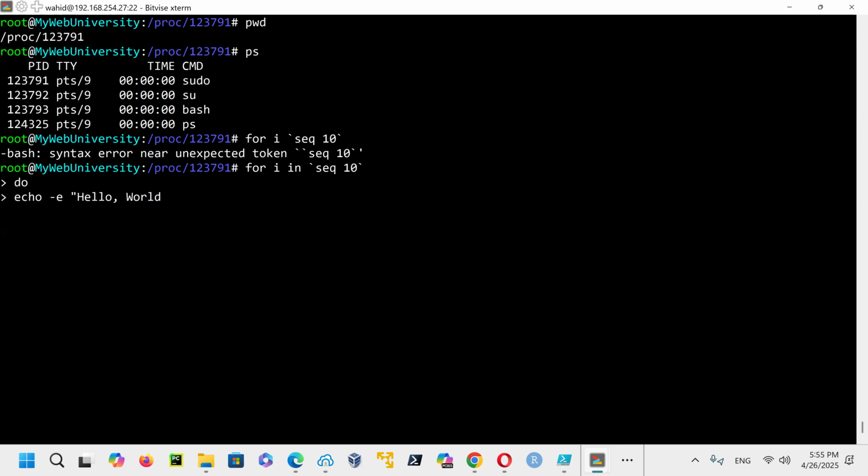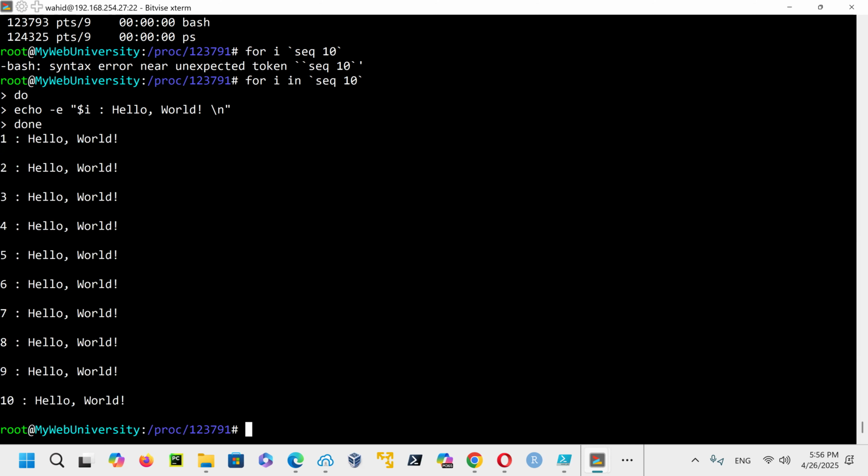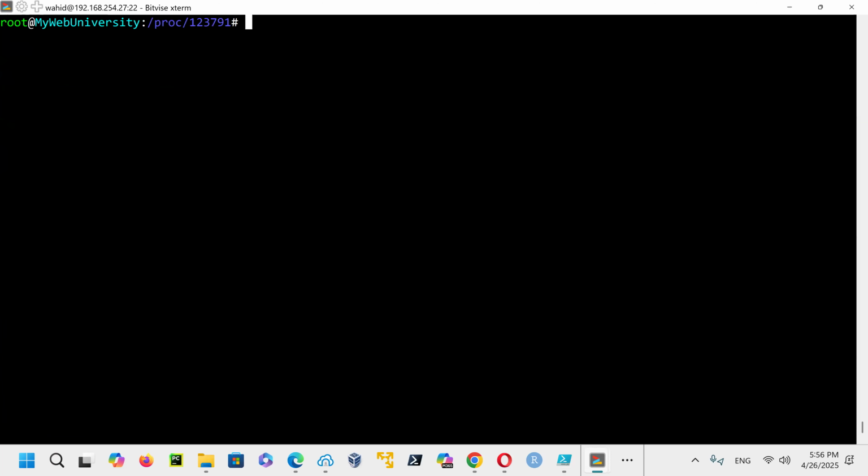Each number is $i followed by a colon, and then followed by bang without the exclamation. Let's see if bash was also a problem. Maybe I didn't notice it. And then a new line character, and then we just say done. No, it was not a problem in bash.